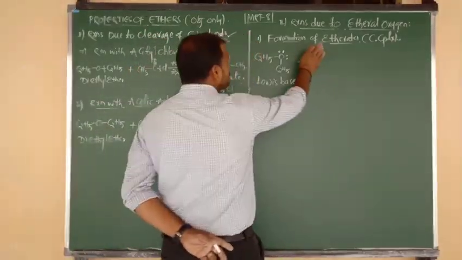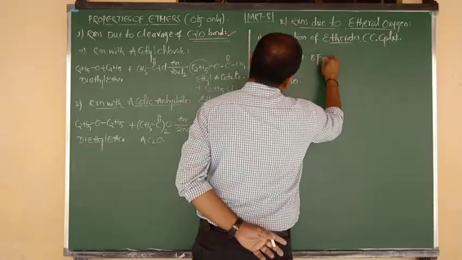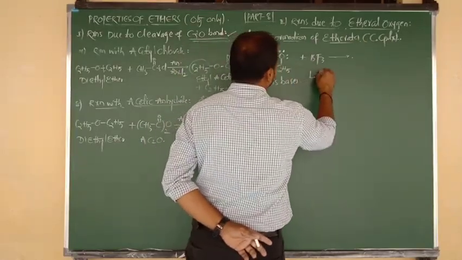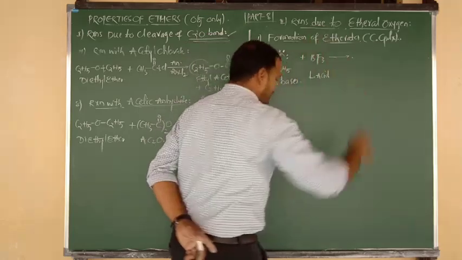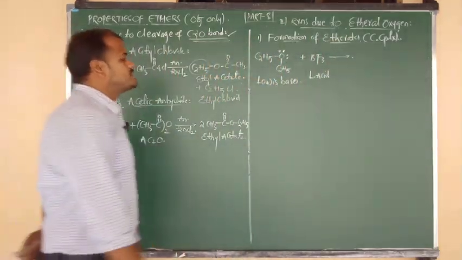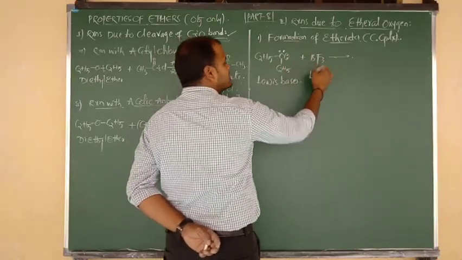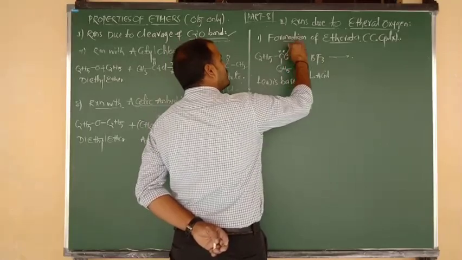I am going to consider one of the Lewis acids first, suppose BF3, boron trifluoride. Boron trifluoride is a Lewis acid, it is ready to accept a lone pair. So ethers have a lone pair donating nature, and BF3 has a lone pair withdrawing tendency. So here, donor to acceptor,